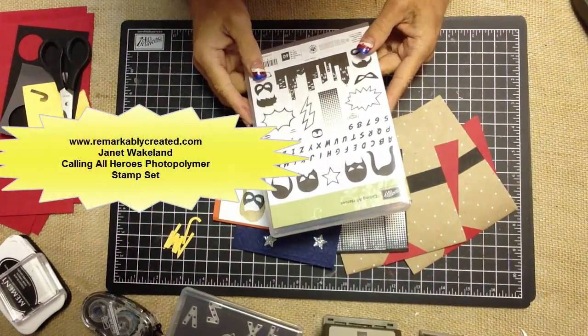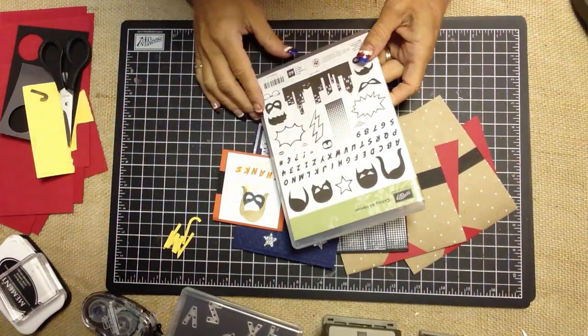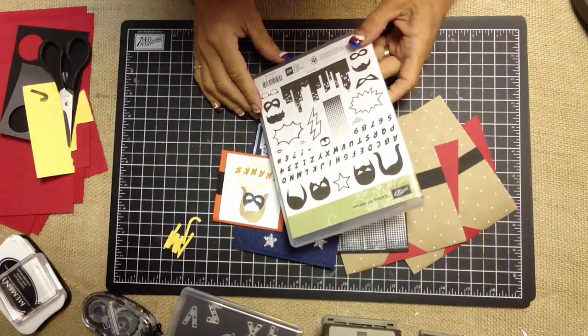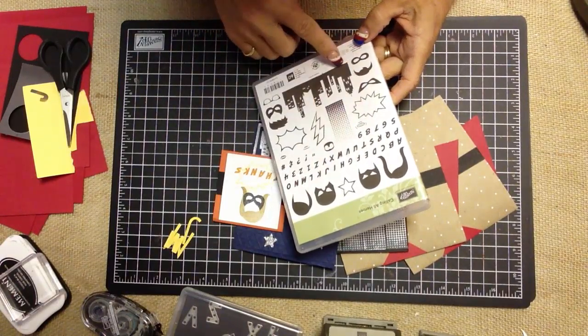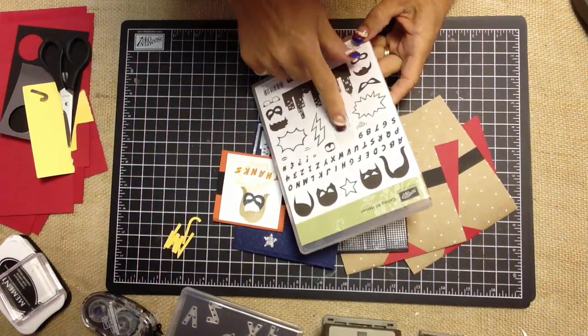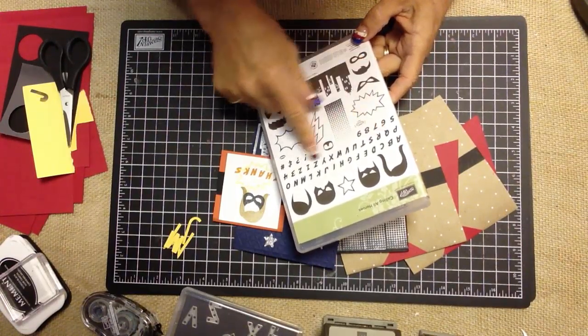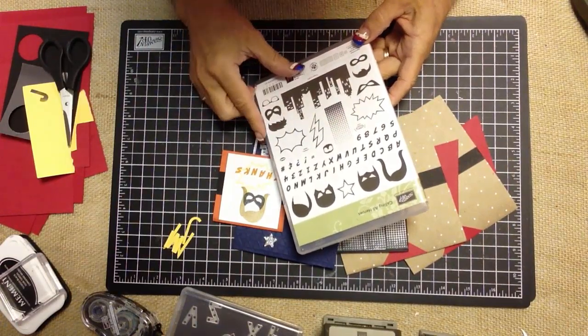In today's One Take Wonder video, we're going to look at a really fun favor bag featuring our Calling All Heroes stamp set. This new release stamp set from Stampin' Up! is a really great one for party favors, but there's a bunch of other fun adult things you can do, from invitations to creating great background stamps. Of course, you've got all of the alphabets for writing words and things like that, so it lends itself to